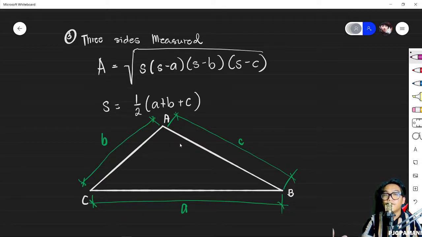Most of the survey data has irregular triangles, where the three sides are measured, such that the area is computed as follows: the square root of s times s minus a times s minus b times s minus c, such that s is simply 1/2 of the perimeter